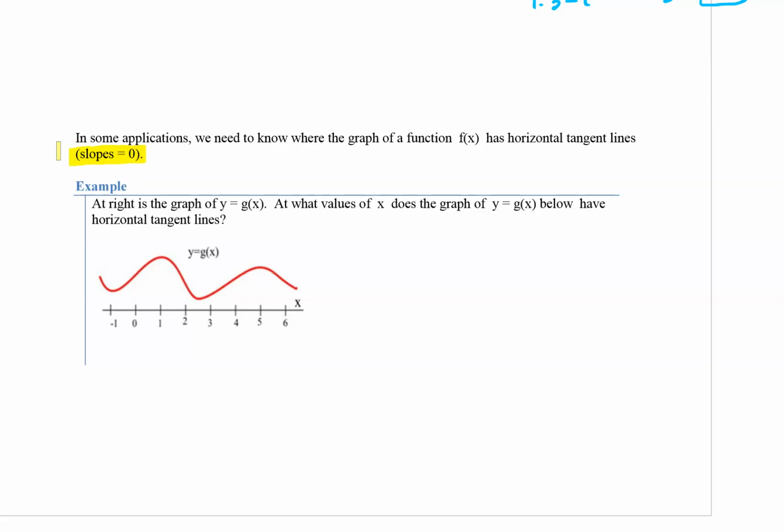So I've got a small little example here underneath it. It says at the right, beneath it, is the graph of y equals g of x. At what values of x does the graph y equal g of x have a horizontal tangent line? So a tangent line is defined as only crossing your function at one point. And so you can see, where would tangent lines be horizontal? It would be right here, right here, right here, right here, and it's just touching at that one point,